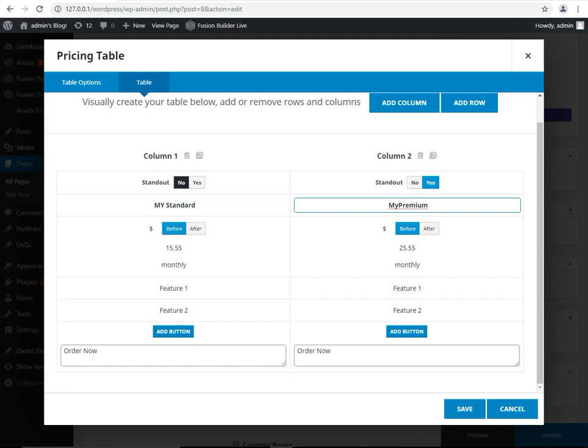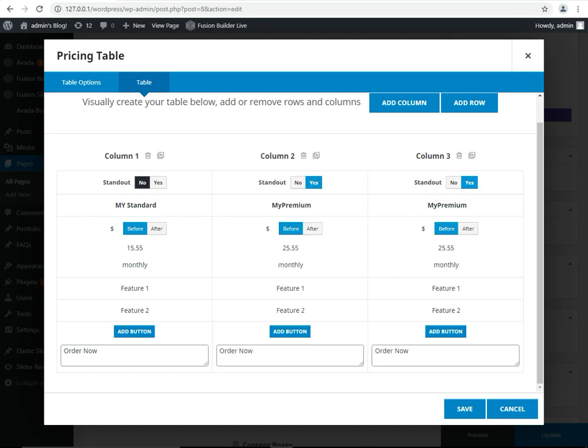You can add more columns here. Two columns show. My premium package, done. You can also add different add-ons: hosting, space, 1 GB.